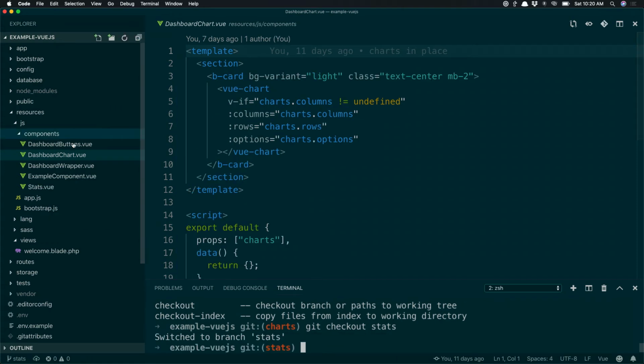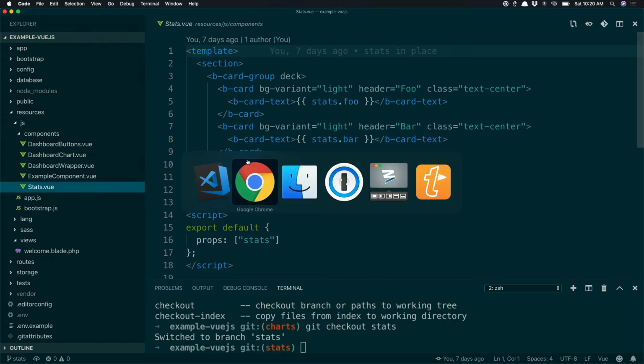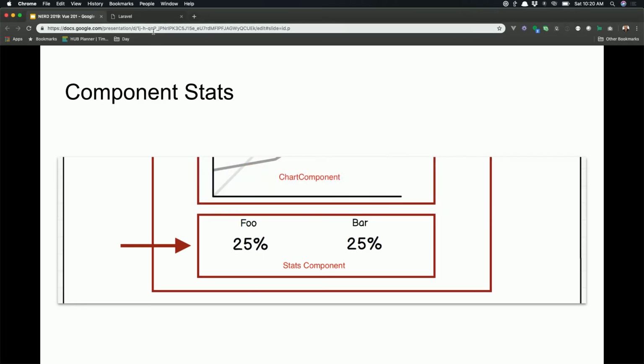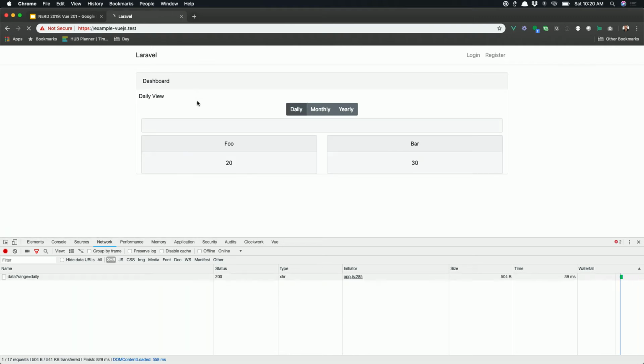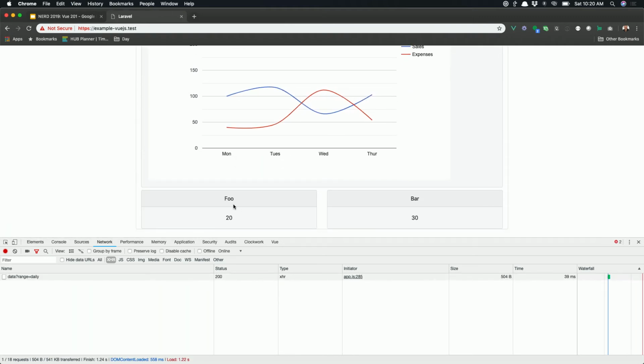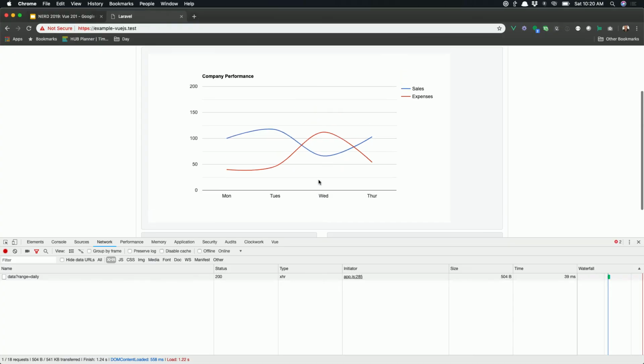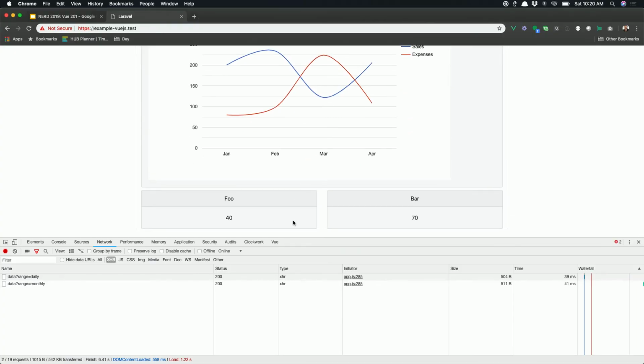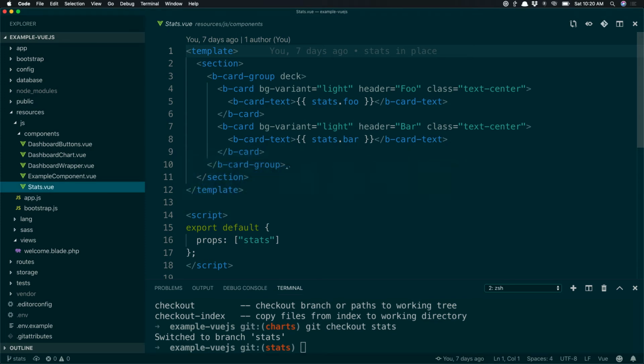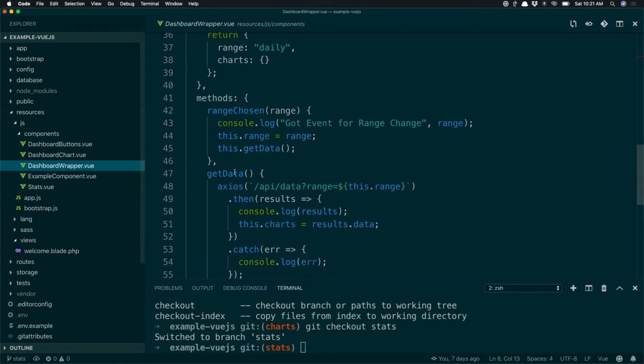Okay, so finally I have the stats component. And so that stats component, like we see in the mock-up, will be where we just show these little random data points I have of foo and bar. And they just change as you click. So I could click this and it will change to 4070 and whatnot. Again, nothing new. I've just covered that in a few places, but just so we can see how it can move, it can be shared. And this guy doesn't trigger state, it just takes the stats property that the wrapper's feeding it. So that shows how the wrapper can do all this.